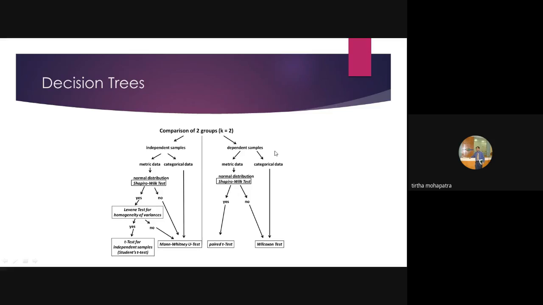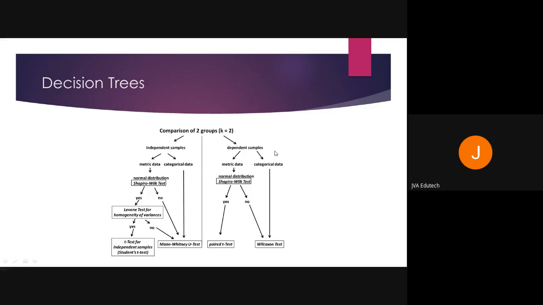Yes, sir. See, when you have one independent variable and one dependent variable, this is called the univariate situation. When you have two independent variables or two dependent variables, this is called bivariate situation. And when you have many independent variables and many dependent variables, that is called the multivariate situation. As of now, I am discussing the univariate situation, where you have one dependent variable and one independent variable.